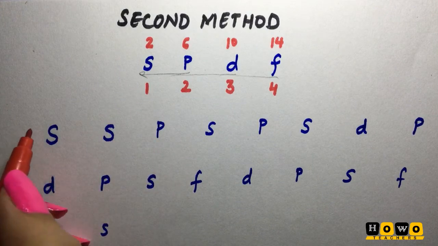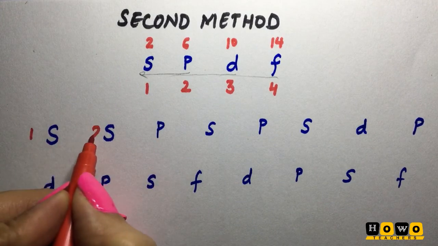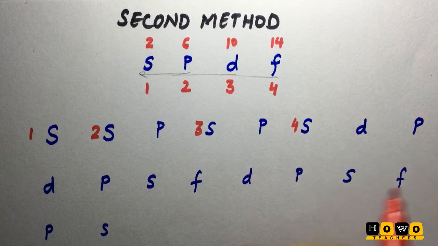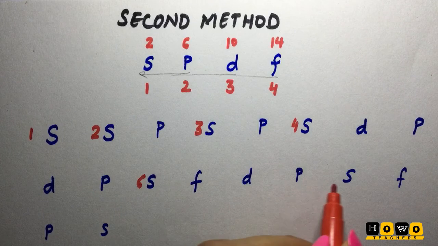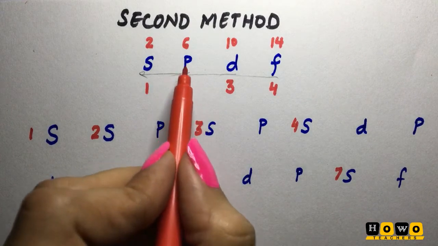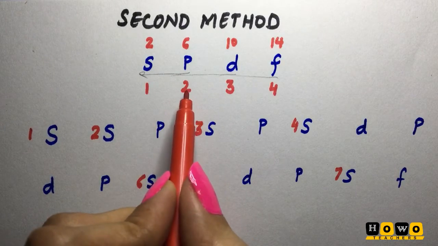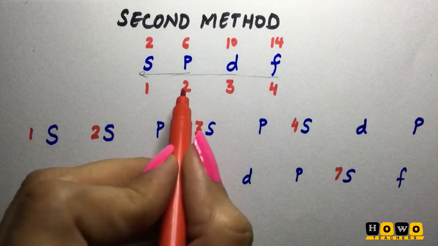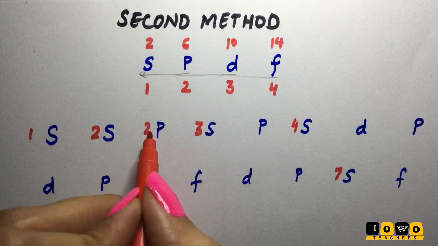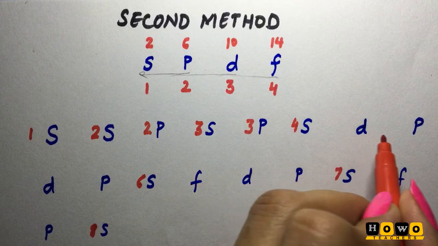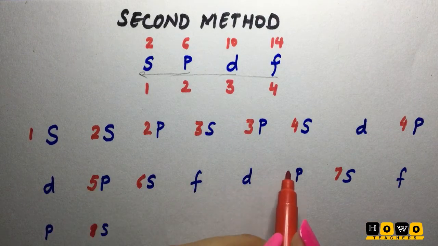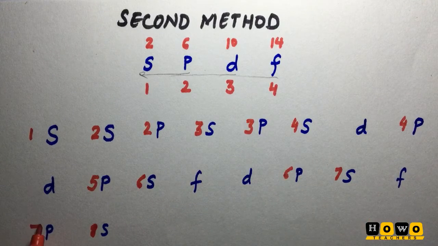So let us start the counting of the orbital number with 1. S will get 1, 2, 3, 4, 5, 6, 7 and 8. Now let us start 2, but 2 will begin with the second orbital. P will begin with the second orbital. So here 2p, 3p, 4p, 5p, 6p and 7p.